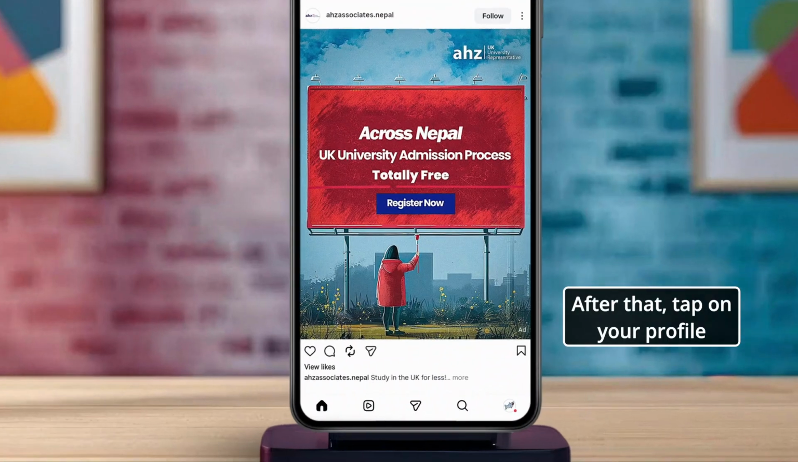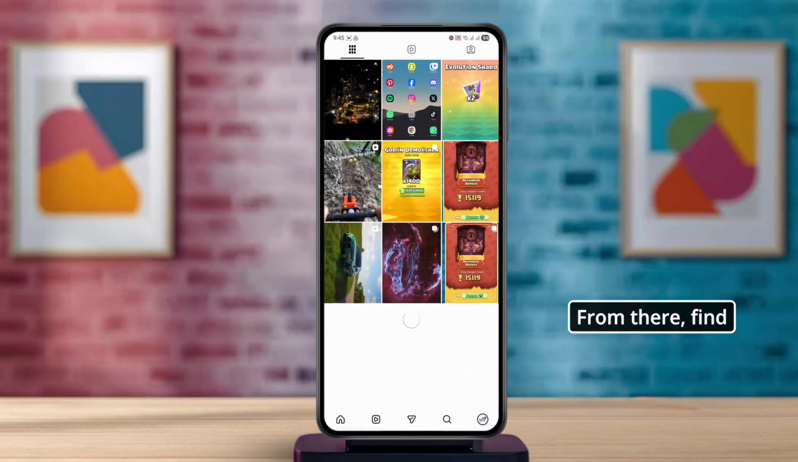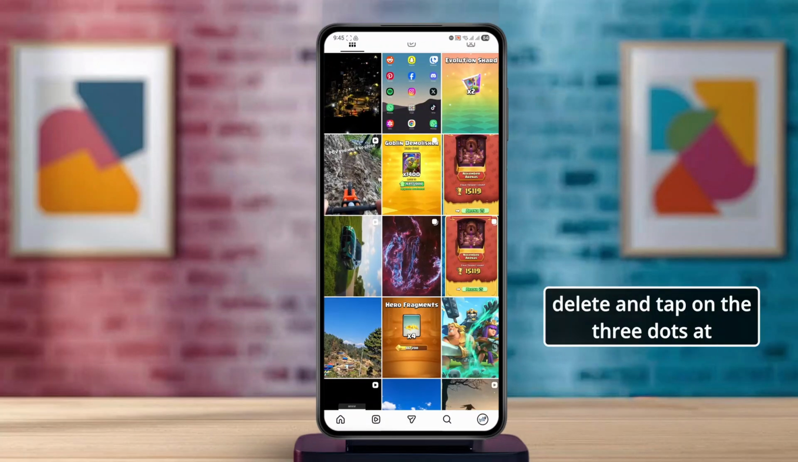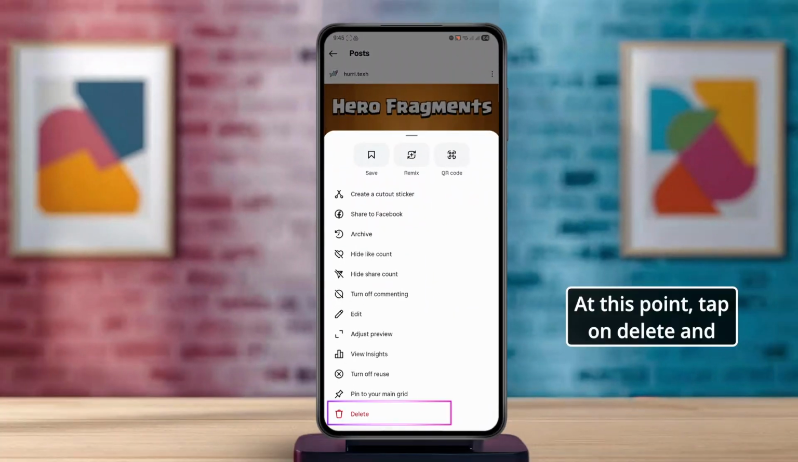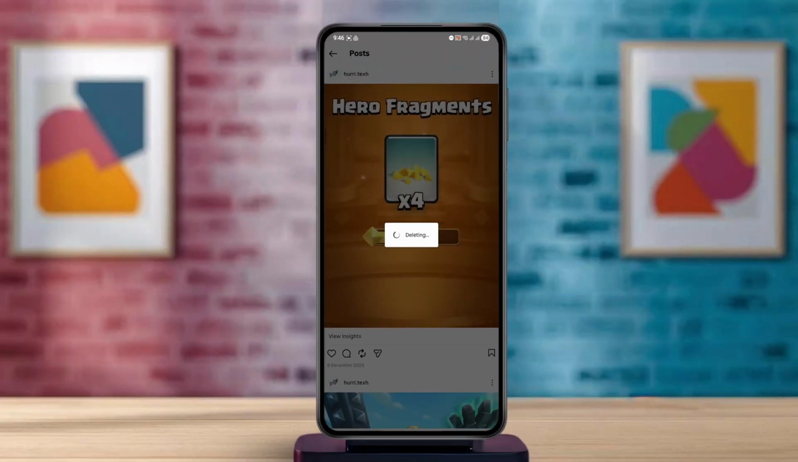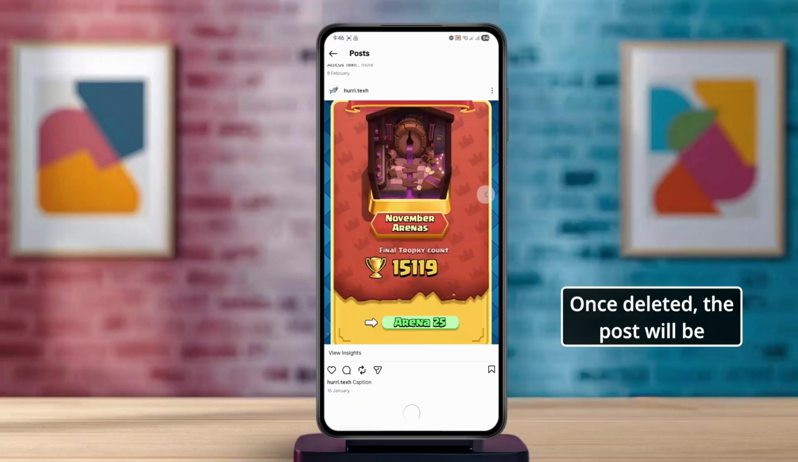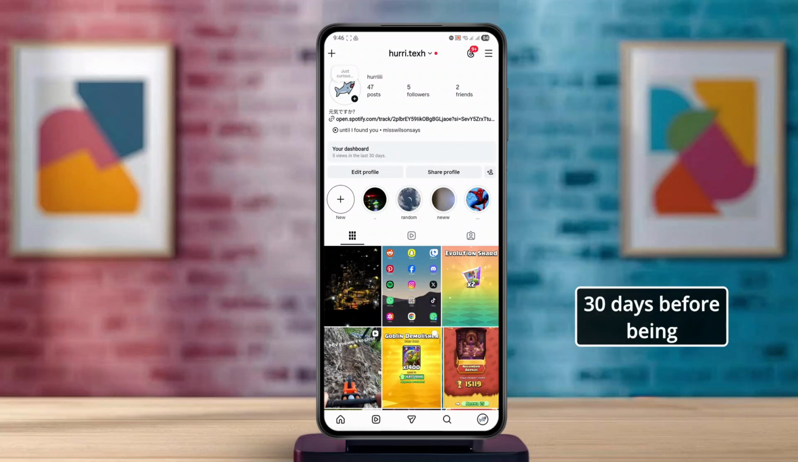After that, tap on your profile icon at the bottom right of the screen. From there, find the post you want to delete and tap on the three dots at the top right corner of it. At this point, tap on delete and then tap delete again to confirm. Once deleted, the post will be moved to recently deleted and will remain there for 30 days before being permanently